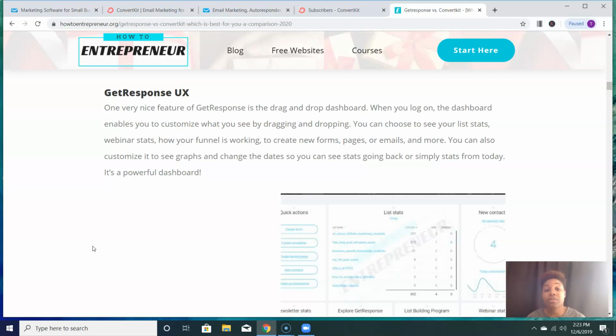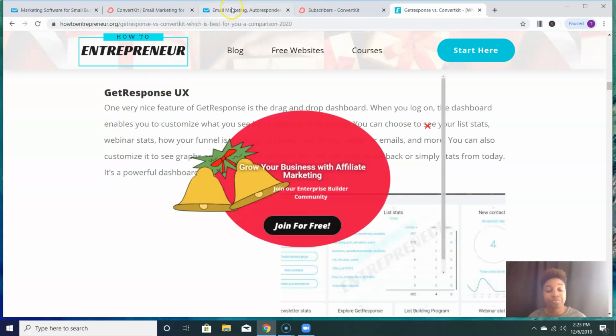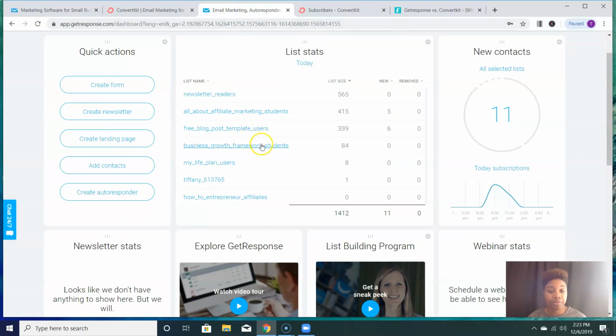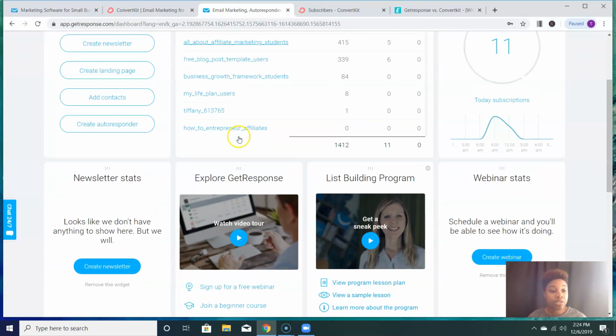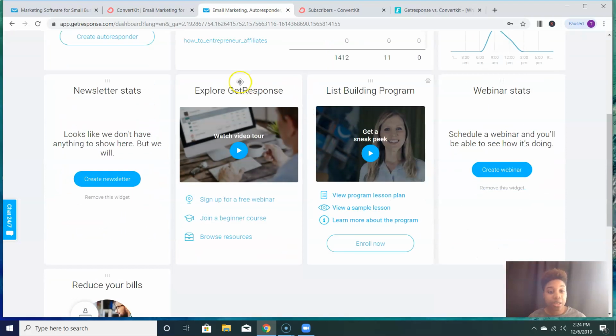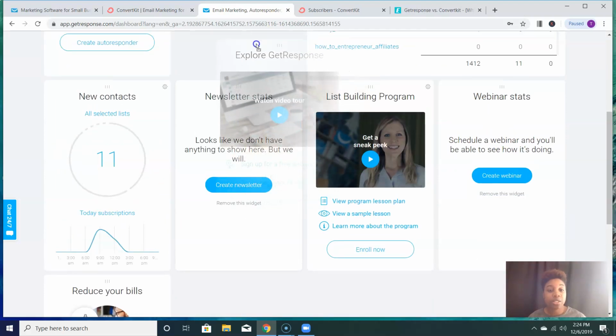You can also customize it to see graphs and to change the date so that you can see stats going back or simply stats from today. It's a really powerful platform. So let's take a look at the platform. So now I'm logged on to GetResponse, and as you can see, I can pull different parts of